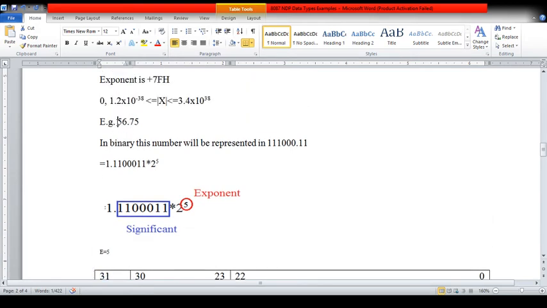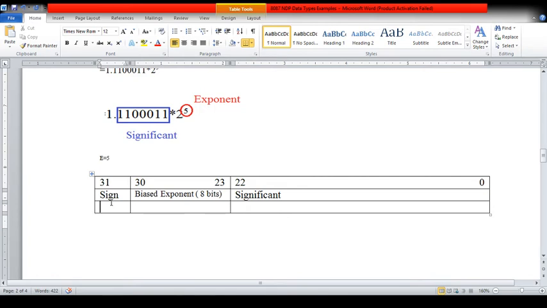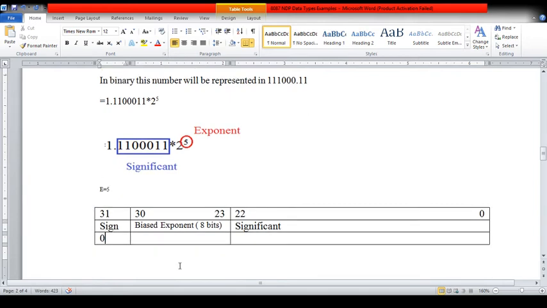Right now my number is positive, so we will have sign as 0, indicating the number is positive. Next, the exponent. For the exponent we have a total of 8 bits. Whenever we move the floating point in a number to get the standard format, we move it to the left. There can be scenarios where we need to move the floating point to the right. In that case we will have a negative exponent also. If there is a negative exponent, then the format needs a way to represent the sign of the exponent also.